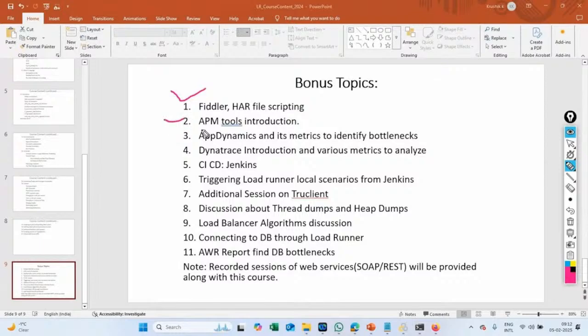So here we have two tools, AppDynamics and Dynatrace. These two tools I will explain to you. I will take one session live, mostly Dynatrace, and I'll give you one recorded session for AppDynamics. Then I'll take one session for Jenkins also, how to use Jenkins,